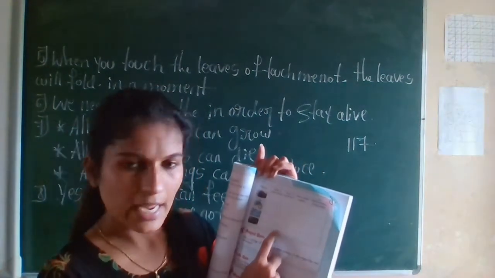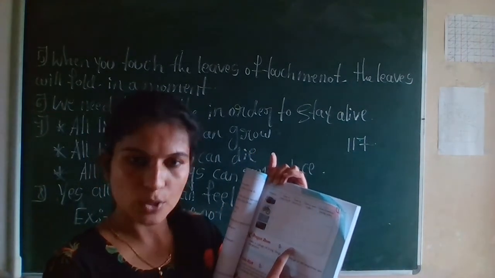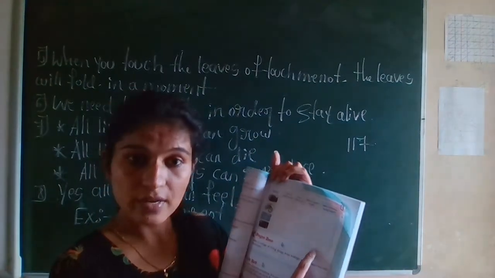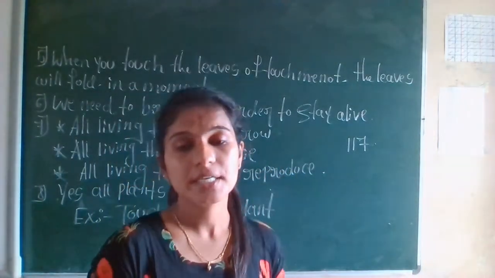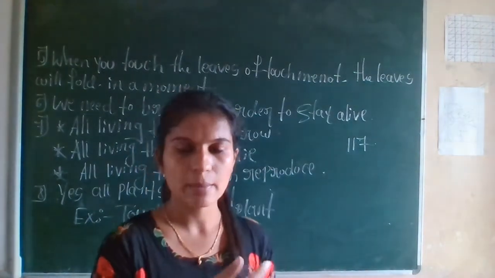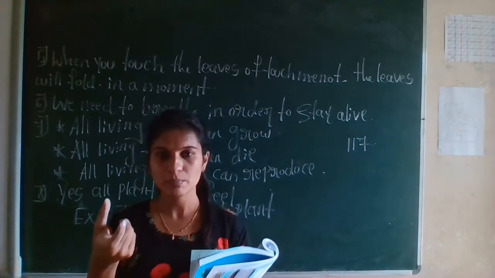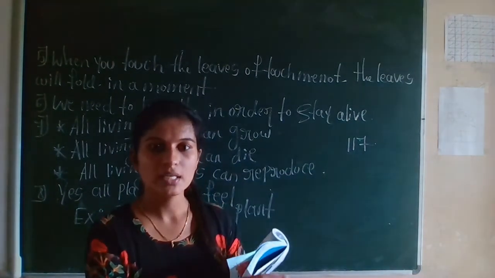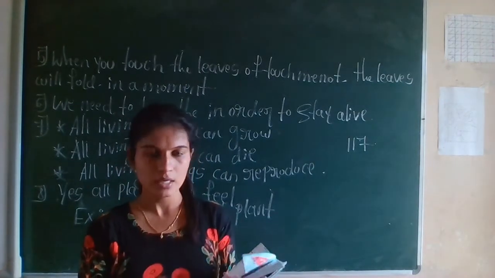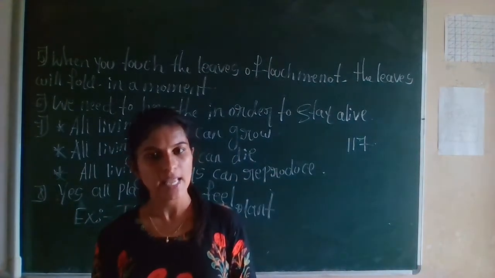And does it need air? Yes. Does it need water? Yes. Rose plant ge water ಬೇಕು? Yes. Then does it produce young ones? It doesn't produce young ones. Okay. Birth ಕೊಡಂಗಿಲ್ಲ. But ಏನಾಗುತ್ತೆ? If you take a stem of a rose plant and put it in the soil, a new plant will grow. Then write yes. Okay. So it is for homework. Do this table at home and write the answers in yes or no.